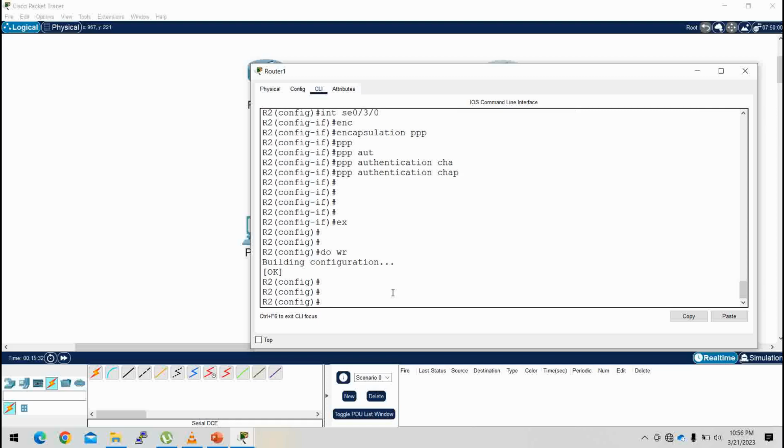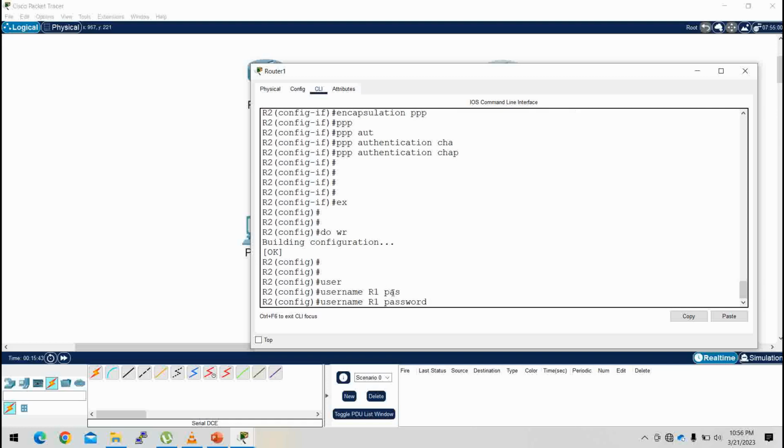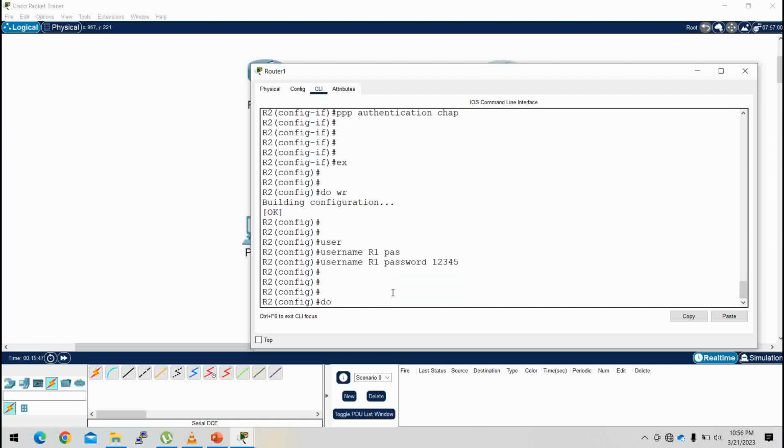Now we have to go back to configuration mode and add the username R1. So on R2, we have to assign the R1 username and password. It should be the same, 1, 2, 3, 4, 5. Now after a moment, the interface will come up, because previously it went down,